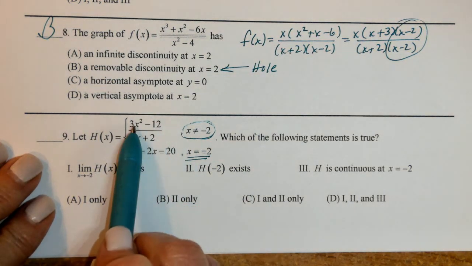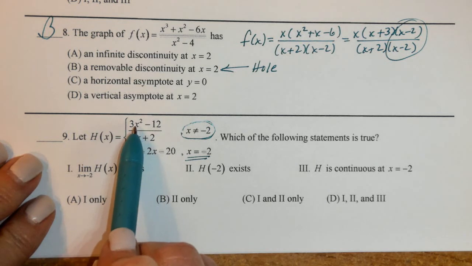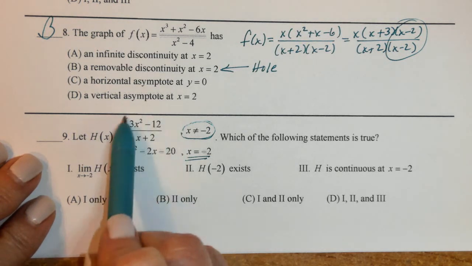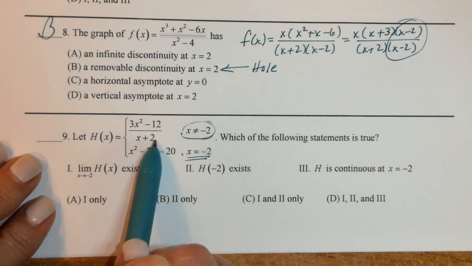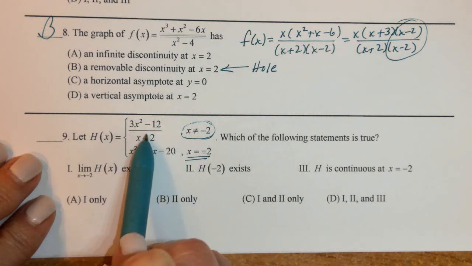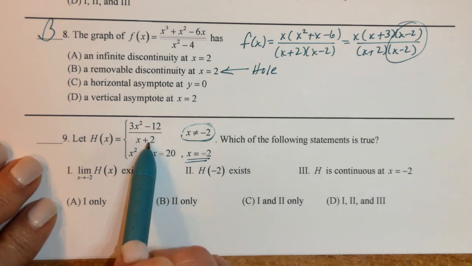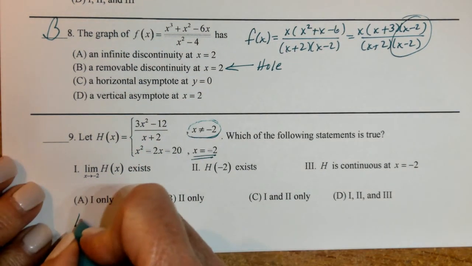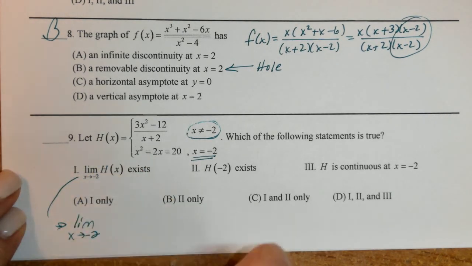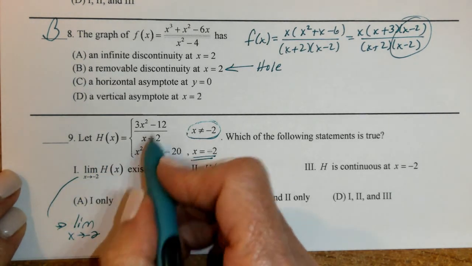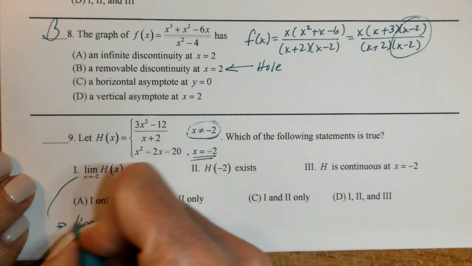Well, if I plug negative 2 in here, I'm going to have 3 times 4 is 12 minus 12, which is 0 on top, and I'll have 0 on the bottom. So I don't know if that exists. I'm going to need to use L'Hopital's because the limit on the top is going to 0, the bottom is going to 0. So the limit will be the limit as x approaches negative 2 of, applying L'Hopital's,